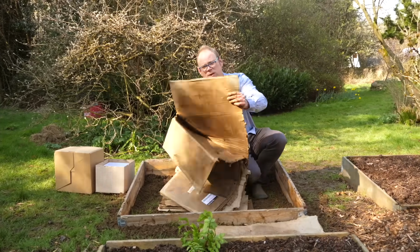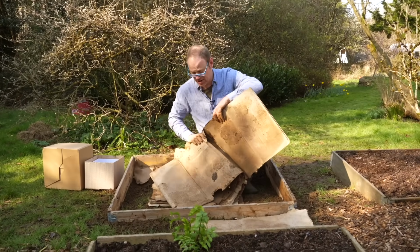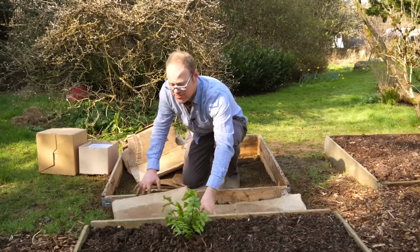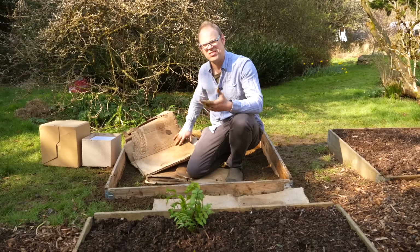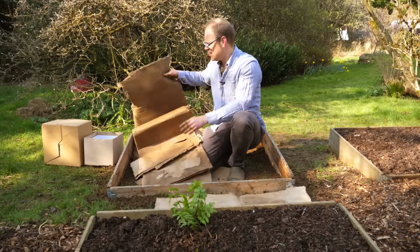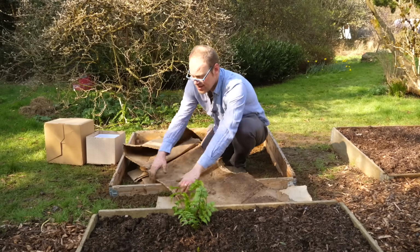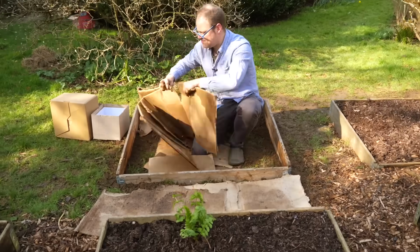When you're using cardboard, I think I've mentioned this before, do make sure it's plain cardboard, not glossy cardboard. It's fine if it's got a bit of printing and writing on it, because those are usually made from organic plant-based dyes, but you don't want that glossy stuff because that's just bits of plastic really, and that'll come off. Get a really good overlap so that the weeds don't get a chance to poke through,